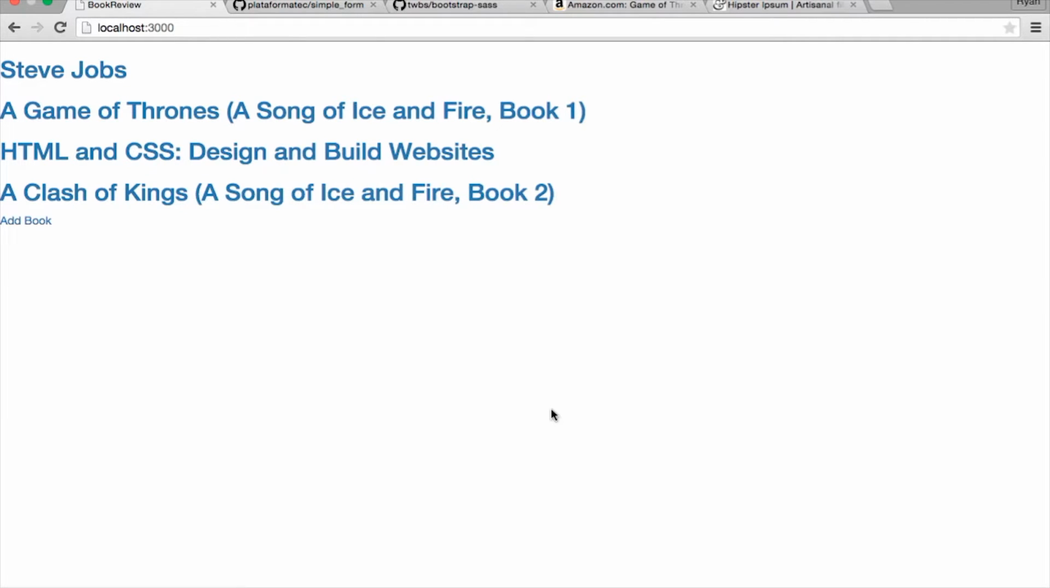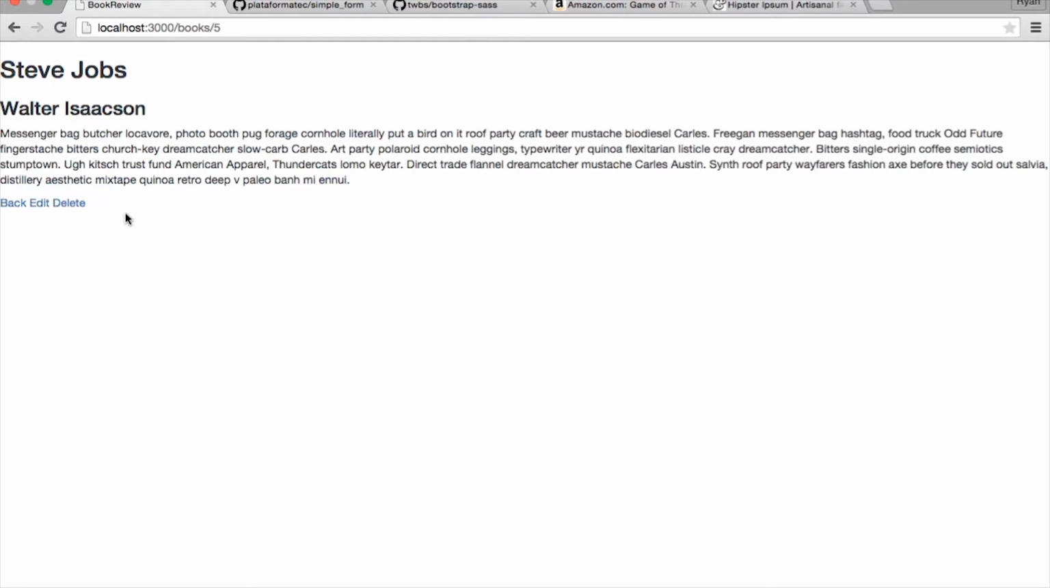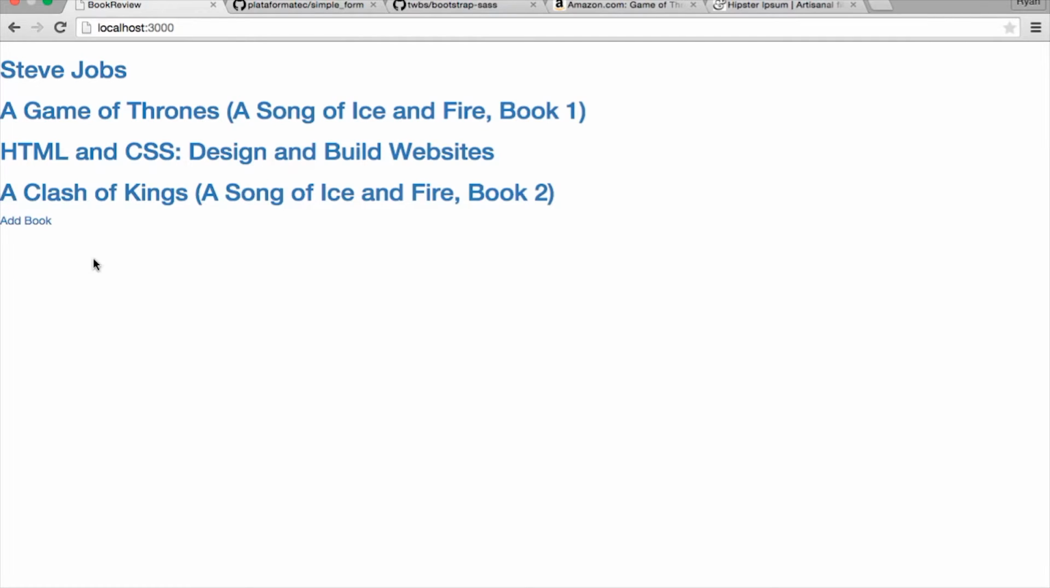To recap what we did in the first part, we added the functionality to create a new book. We added a show page for each book, and we also added edit and delete functionality for those books. We set up our routes, and we installed the simple form gem and Bootstrap Sass. And we also added the root page as our index action where we're looping through all of our books here